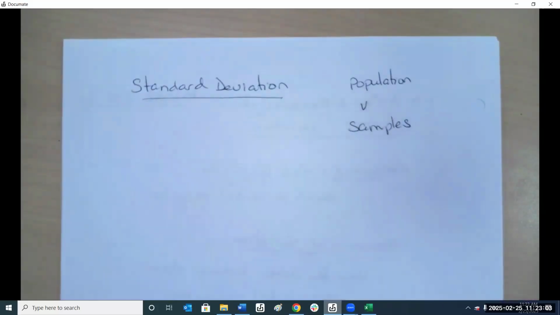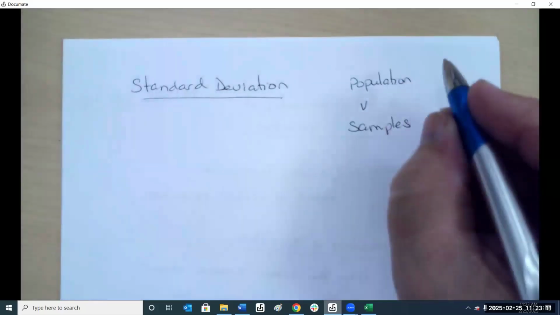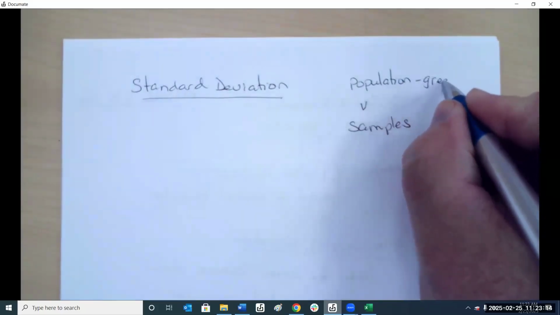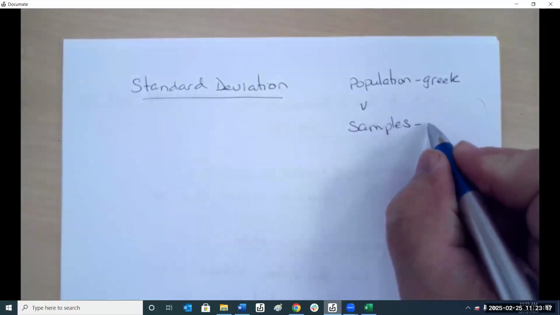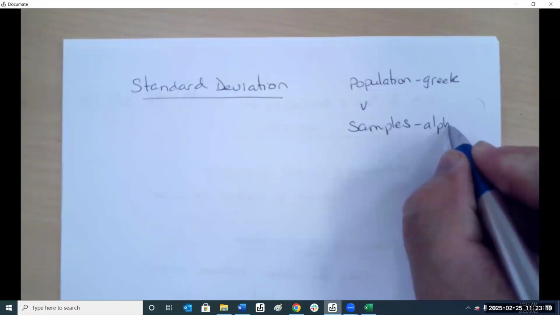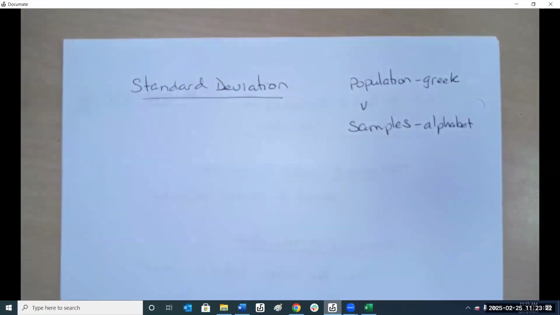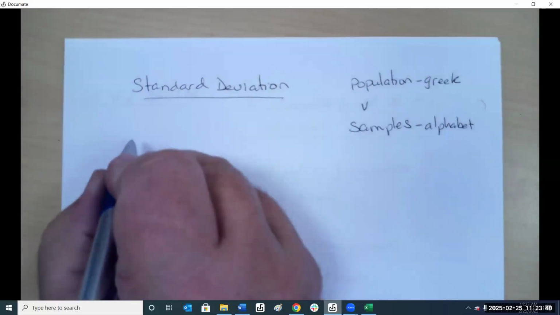Now, how do you know if you're looking at the information that deals with a population or a sample? In population, we use Greek letters. And our samples are represented by our symbols, our alphabet, A, B, C, D, E, X, Y, Z. The reason that's important is because when you present your information, all I have to look at is